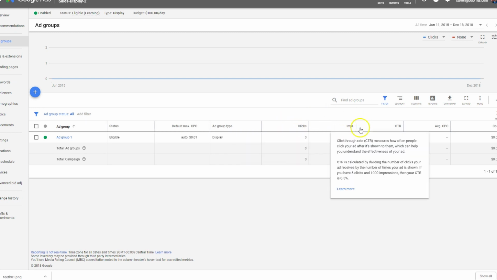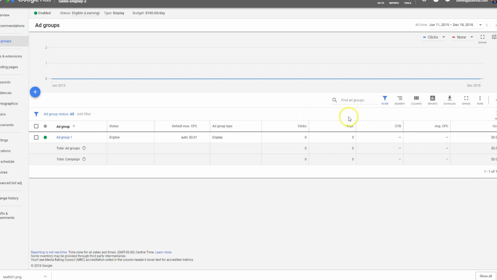So clicks, impressions, click-through rate would be what percentage of the impressions of people who technically quote unquote saw it, ended up clicking. Okay, that's your click-through rate. And then average cost per click is basically the total cost that you've spent to get that number of clicks. That equals your average cost per click. Okay, so that's what you want to monitor. We don't really have much to compare it to right now, and of course at the moment we don't have any data whatsoever to look at, but you would want to monitor those, compare them to past campaigns if you do have past